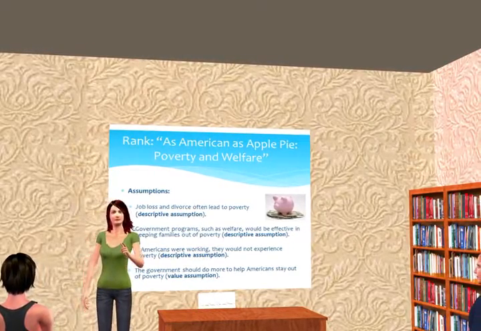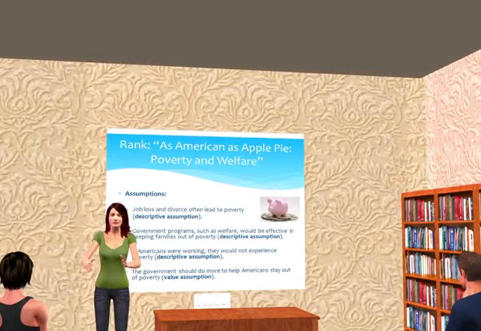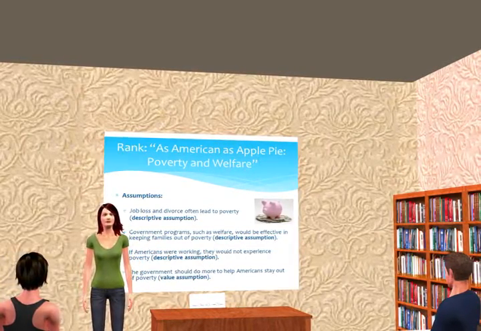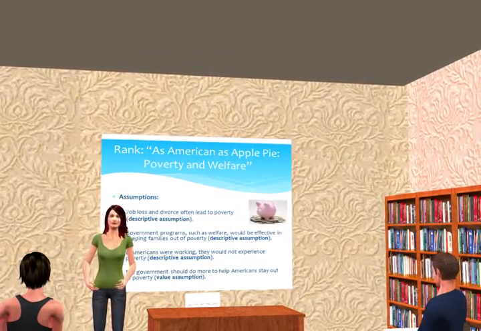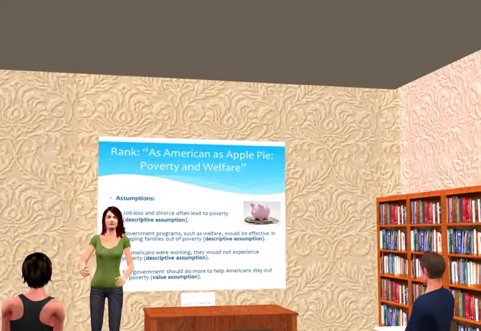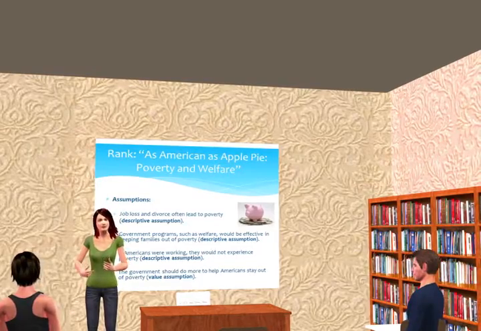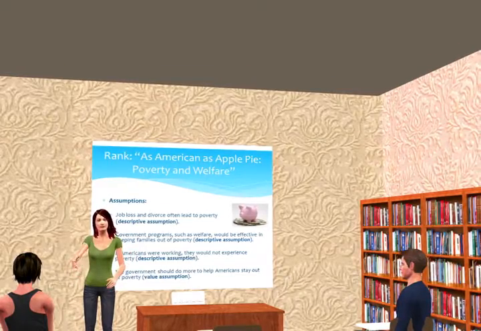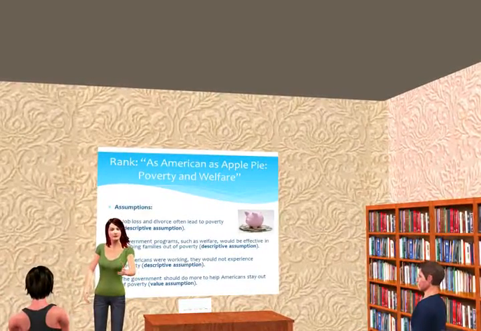Another assumption that he makes is if Americans were working, they would likely not experience poverty. Again, another descriptive assumption, how the world works. And in fact, there are actually a lot of Americans in this country who are working full-time who are still living below the poverty line based on their family size. If you have a few minutes, do the math. It's really interesting. If you take the federal minimum wage, it's a little bit higher here in California, you multiply that by 40 hours a week, full-time, 52 weeks a year. Let's assume this person doesn't even get any vacation. That's actually not enough to pull a family of 2 above the poverty line. So a lot of work